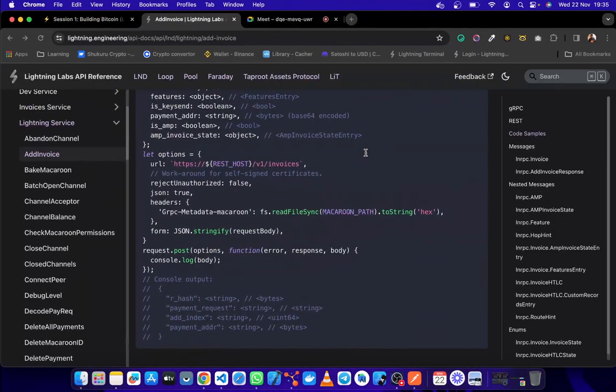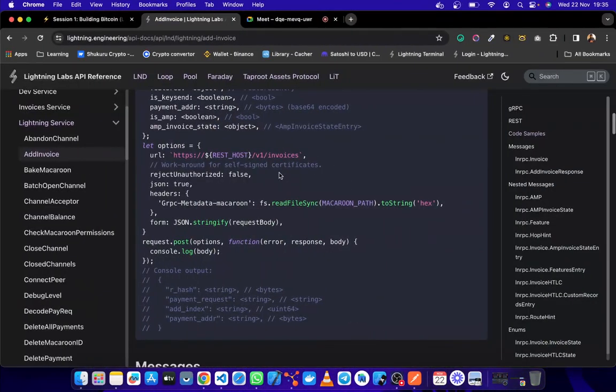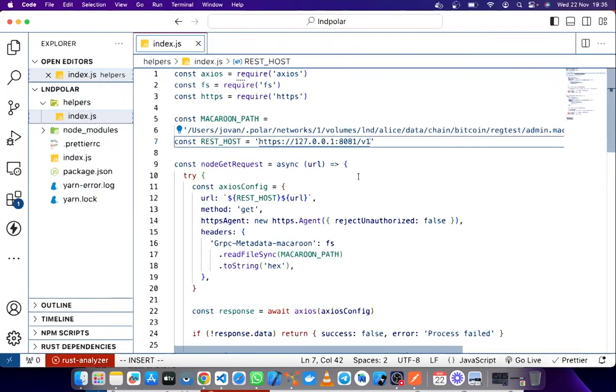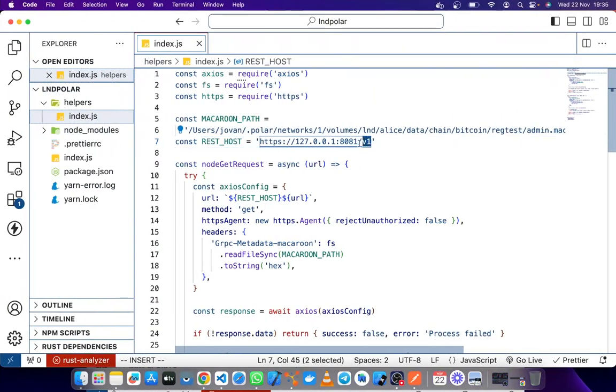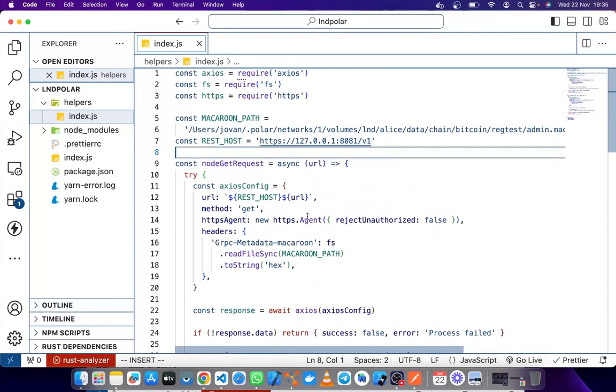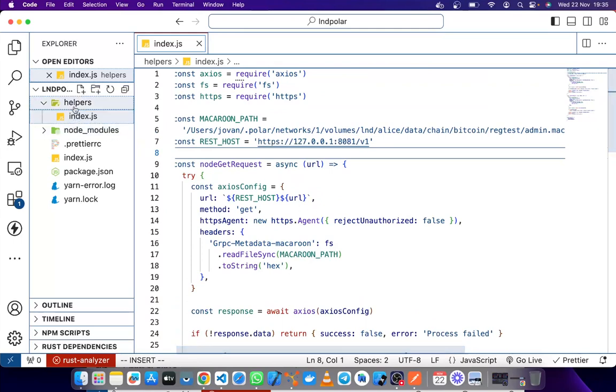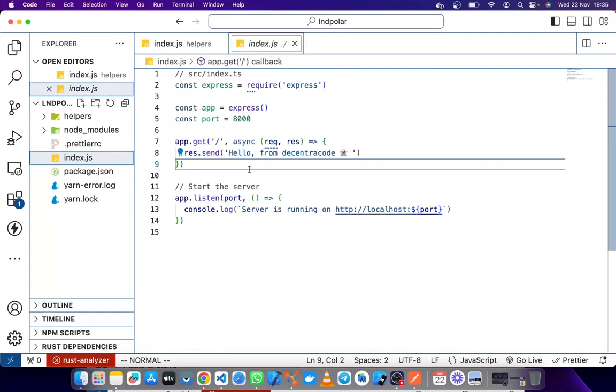So when you go back to the documentation, you'll see that this endpoint has this prefix of /v1. So keep in mind that we'll have to keep this /v1 there. Okay, so I think with this file everything is done, and we can go ahead and move on to the other things. Unless you guys have any question, you can feel free to interrupt anytime that you feel like.